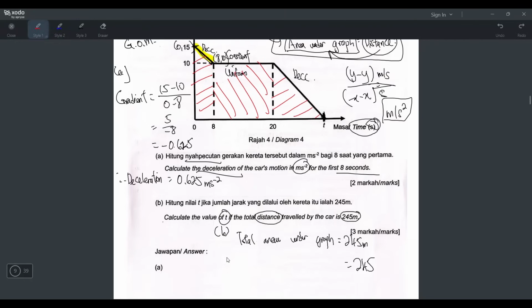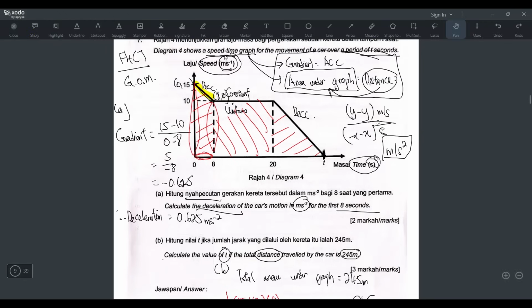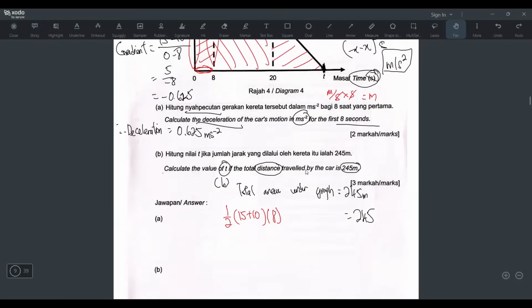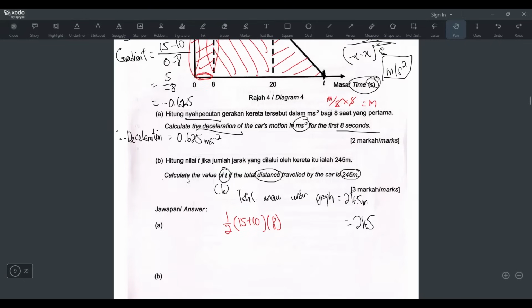Let's find the area of the first trapezium. 1/2 times the sum of the parallel sides, which is this side and this side, so 15 plus 10, and the perpendicular distance between the two sides is 8. One more thing, why we can take it like that is because the units also match already. This one is meters per second, this one is seconds. So if you take meters per second times seconds, you're finding area, technically y-axis times x-axis, so you're left with meters. And the answer given, 245, is also in meters. Plus the area of the trapezium,